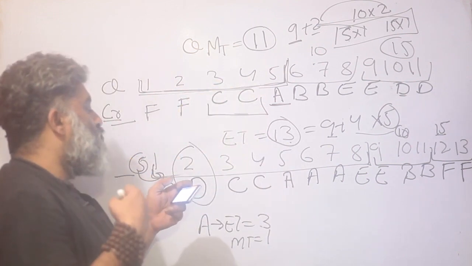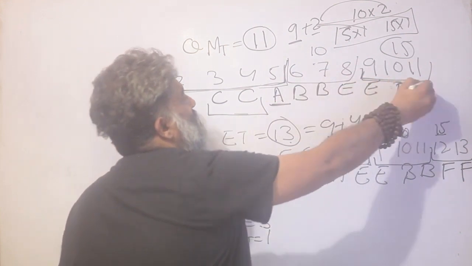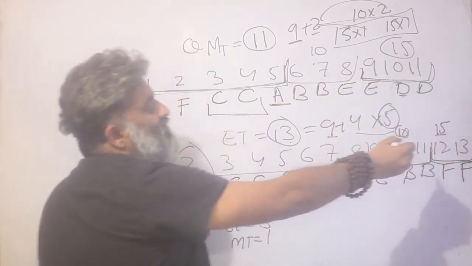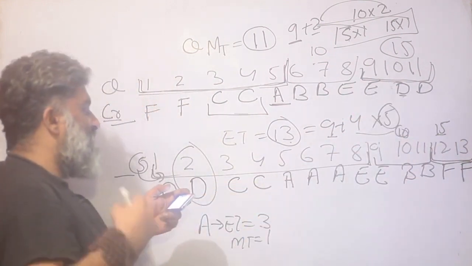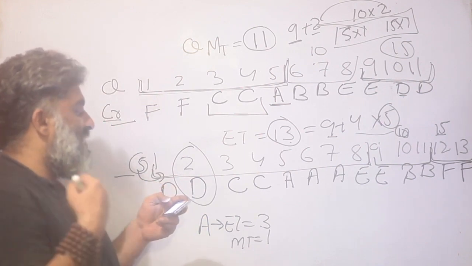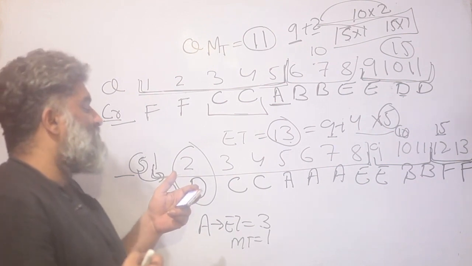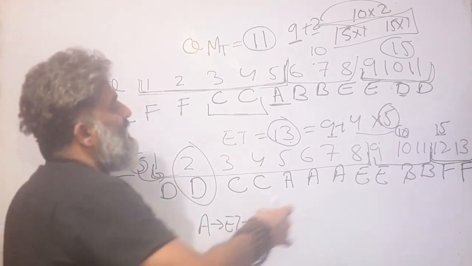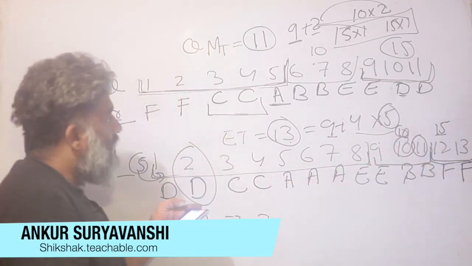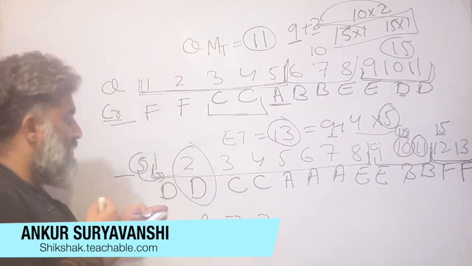The next question was, who prepared 15-mark questions for MT and ET? This is my 15-mark question slot, so E and D. And this is my 15-mark question slot, so F as well. So my answer should be E, D and F, or only Dave, Isha and Fakir, and my answer option should be option 1. The next question was, which of the following questions did Beti prepare in ET? Beti prepared in ET question number 10 and question number 11. But I don't have any 11 in the option. I do have a 10th, so therefore my answer would be option B.